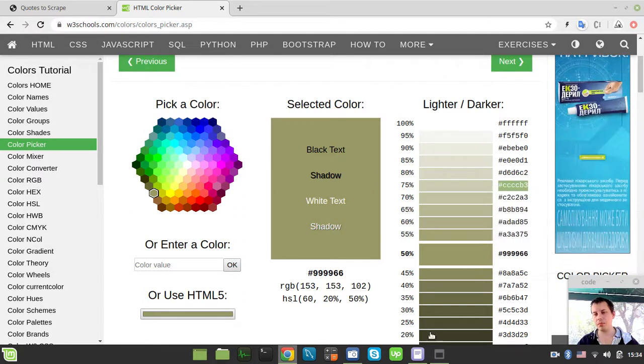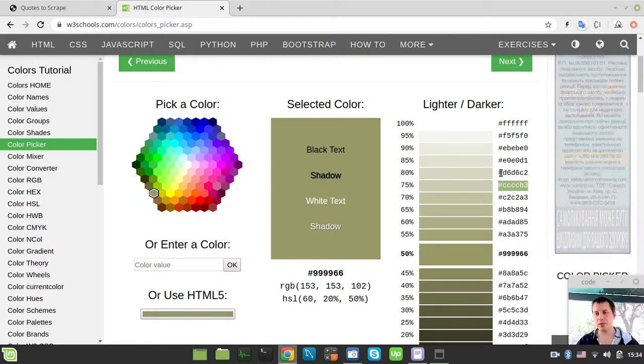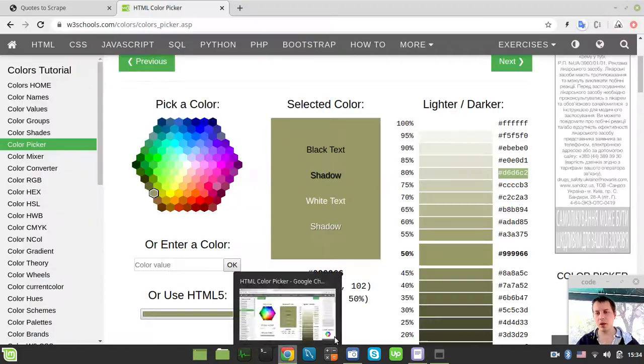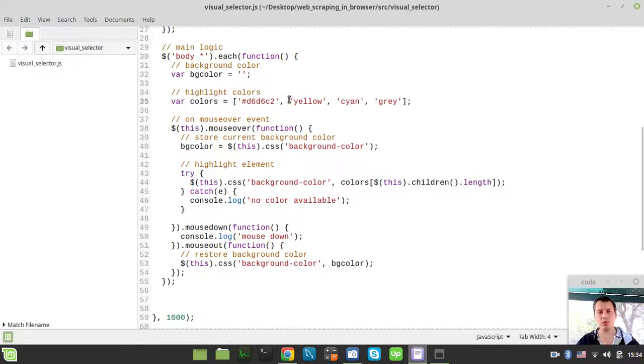Well, let's try to copy this one and replace this right over in here, and then this one. No, this one would be here. Save. I hope I didn't miss the order,